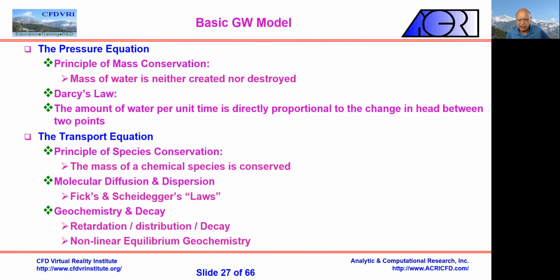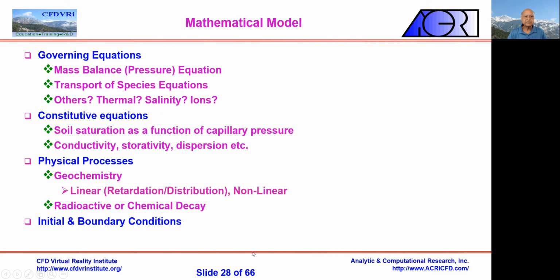They could be radioactive, or they could be reacting with other species, or they could be taken up by some amoeba or some bacteria, whatever it is. Okay. So these words you will hear, retardation, distribution, decay, and all these things that you hear in the regular CFD kind of thing. So let's look at the governing equations for these ones.